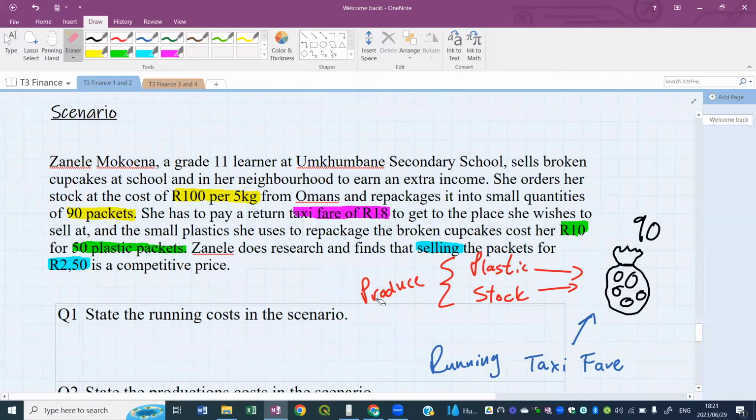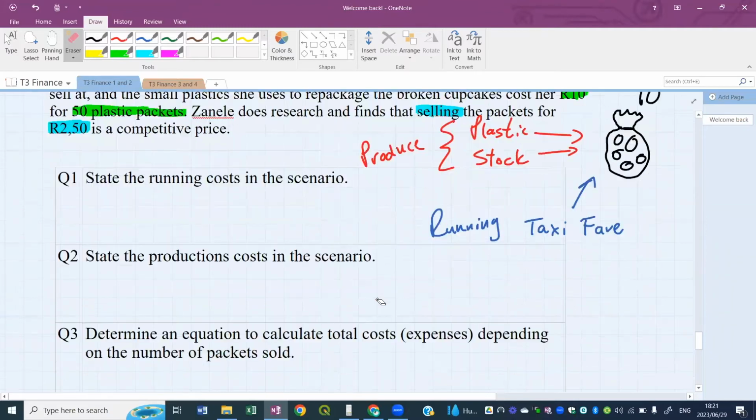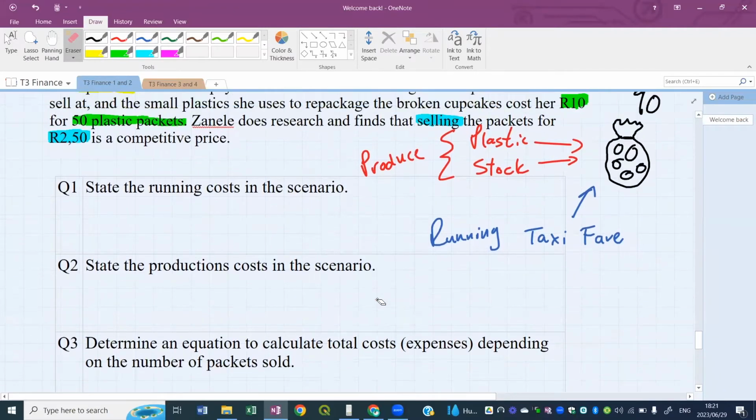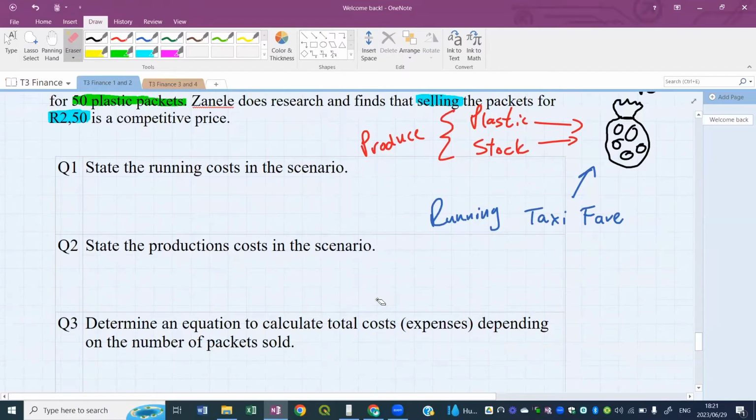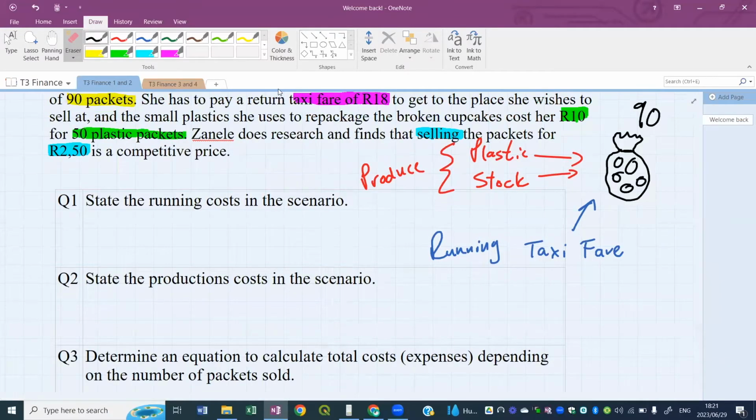Okay. So let me scroll down here to the first couple of questions. Number one. State the running costs in the scenario. Who can tell me? You can put it in chat if you want. What are the running costs? You can see at the end of the question, I've highlighted it for you. I've also written it down here and I've named it, but what is the actual cost? Taxi fare, 18 Rand. Thank you very much. All right, so taxi fare